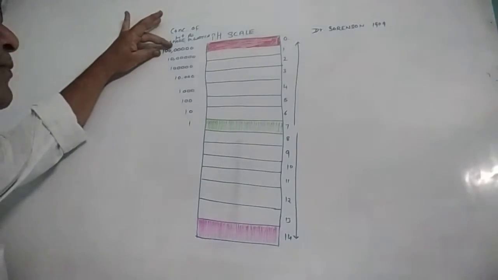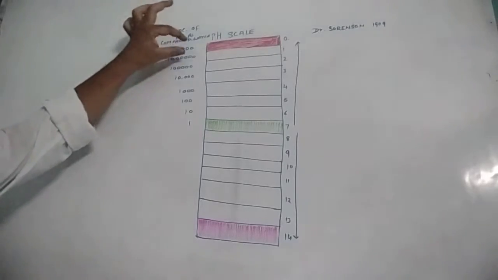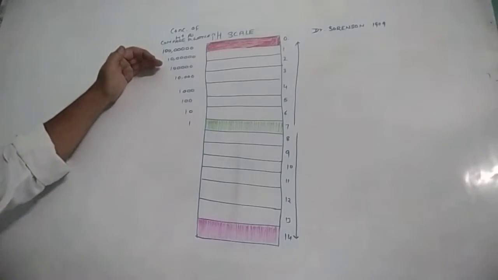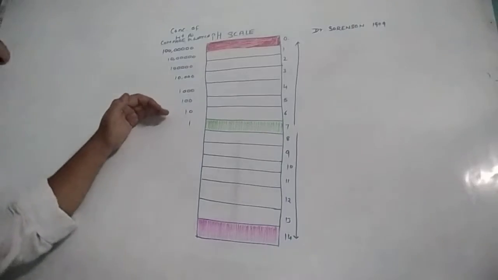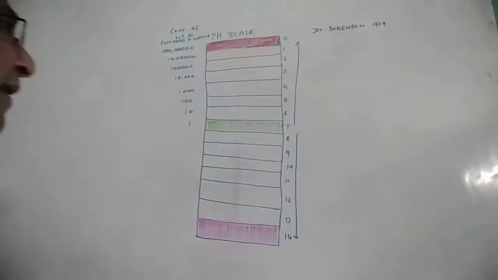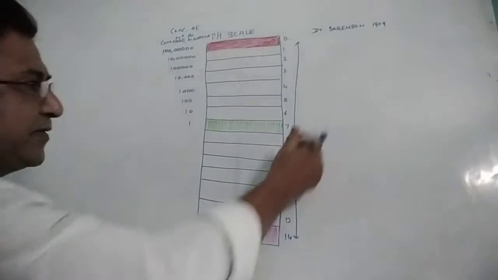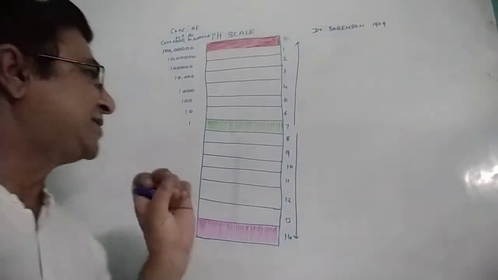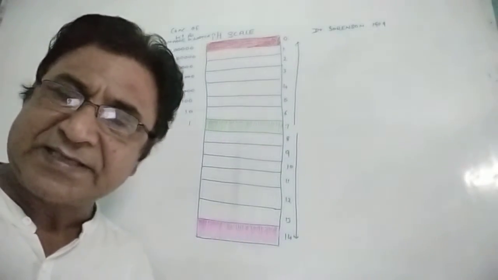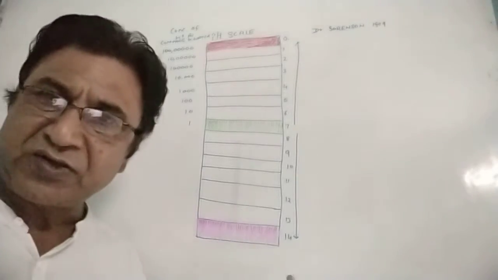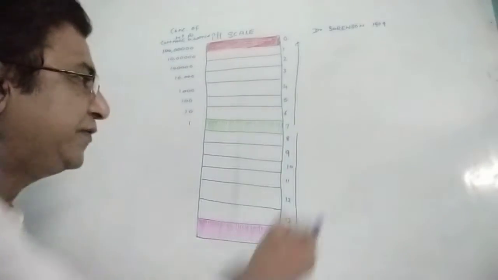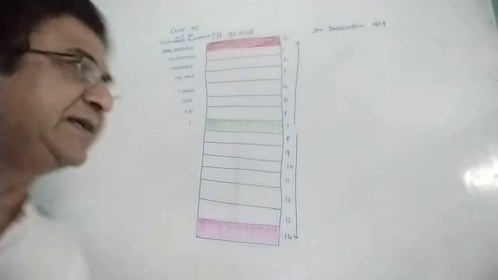Like at pH 0, the solution contains about 100 lakh times the H plus ions as compared to distilled water. As we move on, what is happening? The concentration of H plus ions in the solution is decreasing, and the basicity of the solution is increasing. But that doesn't mean the H plus ions are not available in the solution. Actually, the pH is based upon H plus ions. So H plus ions will be decreasing as we move, and the hydroxyl ions will be increasing. But we will be taking only H plus ions, right?